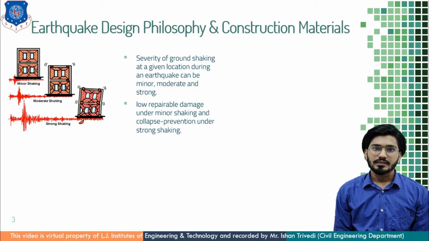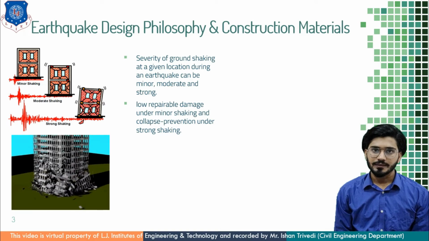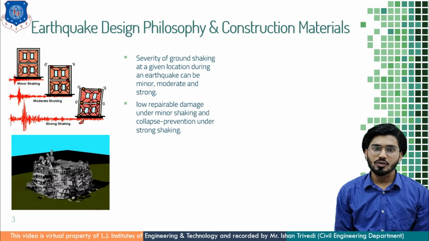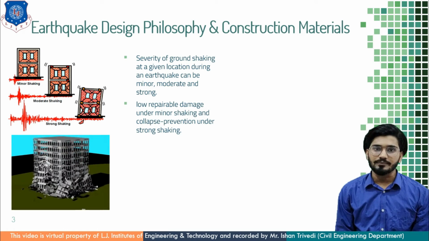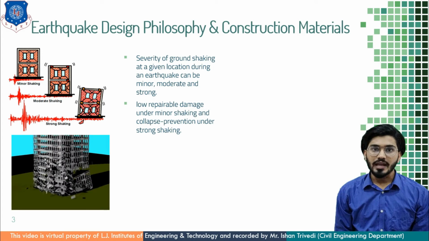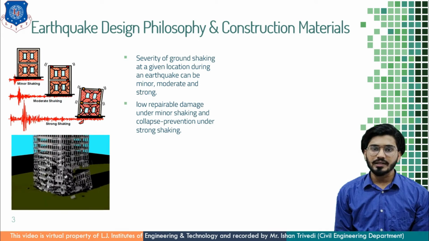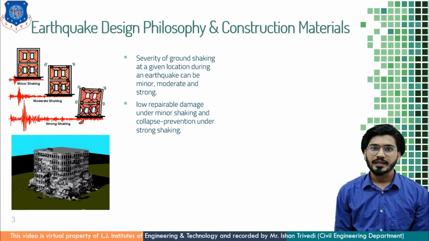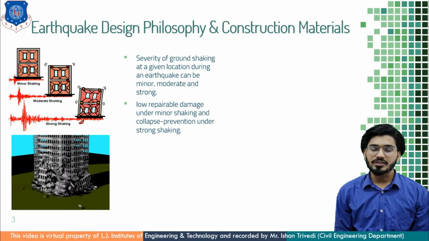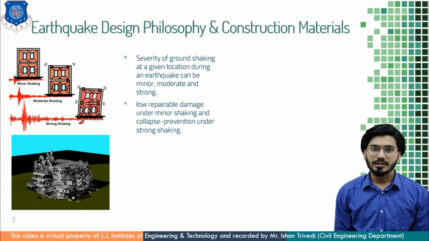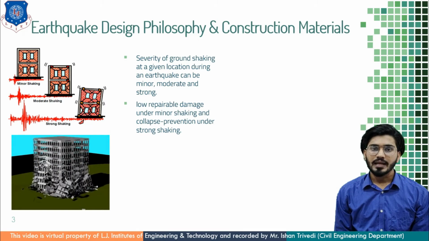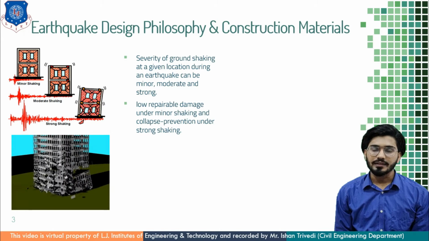In a minor earthquake, low and repairable damage occurs, while in strong earthquake shaking, there will be collapse of the structure. You can see here, there is collapse of the structure on its own axis. The building simply collapses just due to a rare but strong earthquake force. So you have to understand the general principles of earthquake resistant building planning, the materials and the structural design of each component. This will be referred from IS 4327.